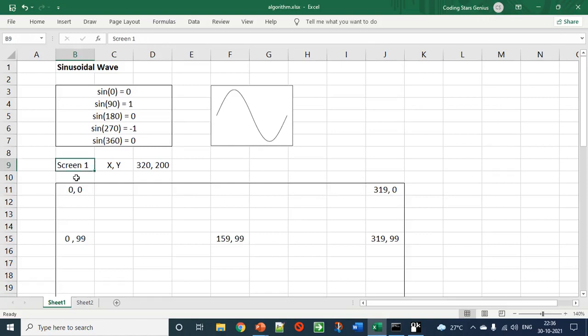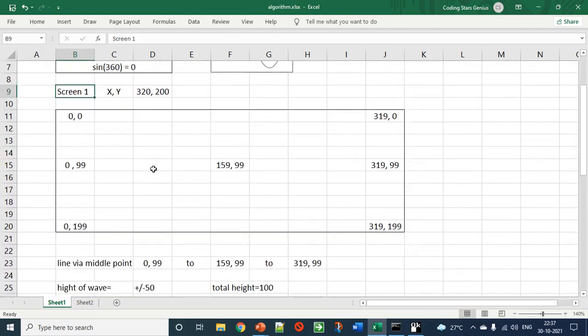When I say SCREEN 1, the maximum values of the x axis and y axis are 320 and 200. It starts at the top left corner as 0, 0, and the bottom right corner is 319, 199. Since it started with 0, 0, my 320, 200 will be represented as 319, 199. So this is going to be the layout of the screen.